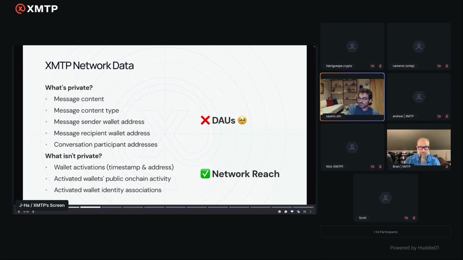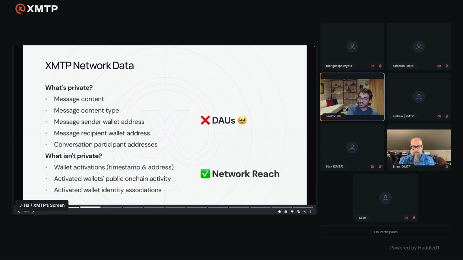And it's a trade-off that we're willing to make because the product metrics that we can use to drive growth, while valuable, are directly at odds with the values of the protocol and the principles that we stand to uphold. What we do have that is very much in line with what we're trying to do at XMTP is